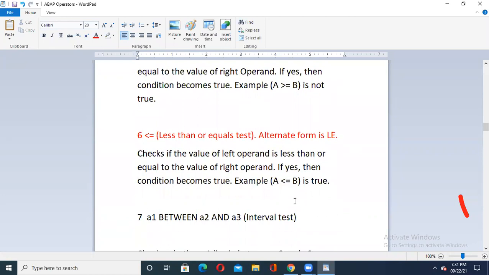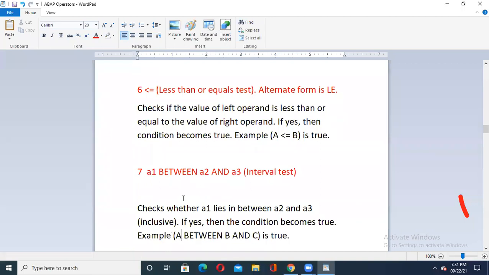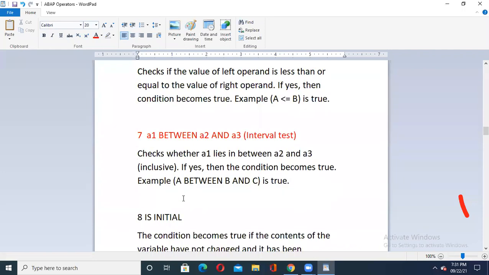Apart from that, now the next change, please all of you understand carefully. This is the change in your ABAP. Here we have one more test option known as interval test, which is something different that you may not know up till now as a part of any programming language. But now please understand what this change is. In this one, you can check whether a particular value lies within a range.